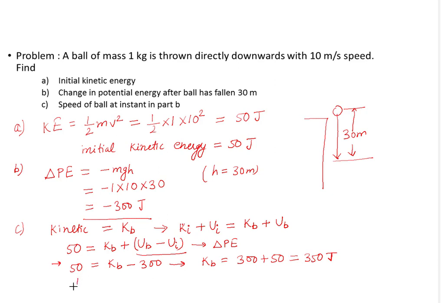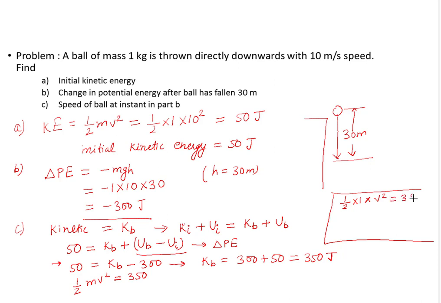Now for the speed, I know the formula for kinetic energy is half mv square, equal to 350. So in this small part we'll solve the problem. Half, the mass of the ball is 1, into v square is equal to